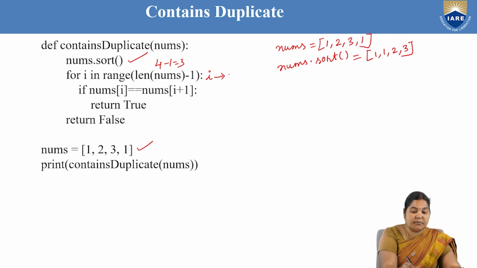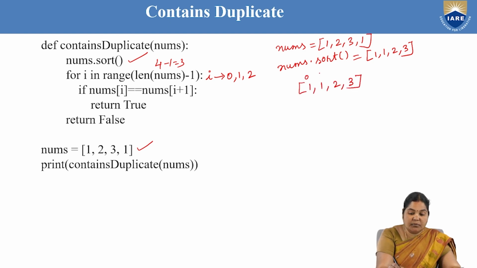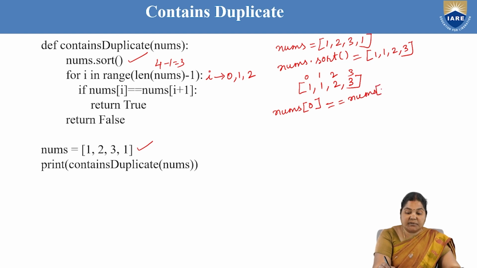So, I will take up the values 0, 1, 2. Okay, right. Now, first time the value of i is equal to 0. After sorting the values 1, 1, 2, 3, the index numbers are 0, 1, 2 and 3. Okay. nums of 0, nums of 0th index, if it is same as the value which is present at nums of i plus 1,